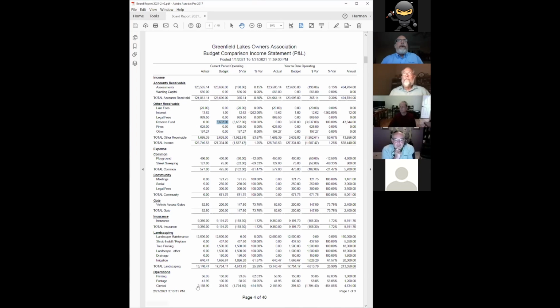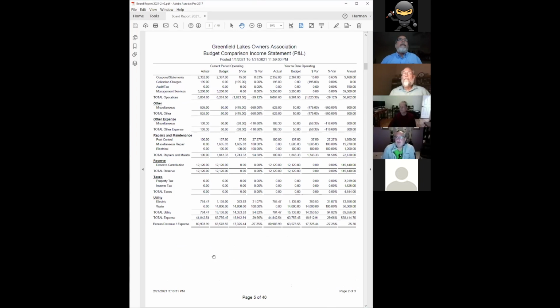of this page. You can see that it was all in clerical. Clerical is where we put the external mailing house. We use a mailing house to send all the notices to the community. So the annual meeting notices that were sent, that goes into clerical, and you can see the clerical budget of $4,734 is again even for the year at $394.50, but it lumps into two basic areas, your annual meeting and your year-end letters. So it's a timing issue.